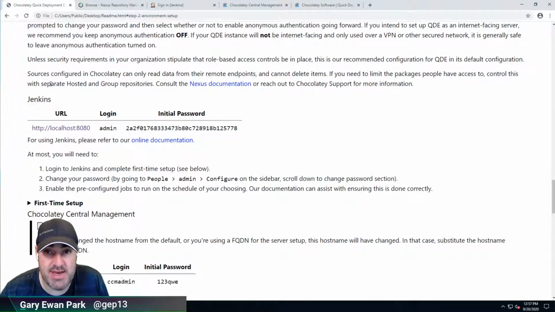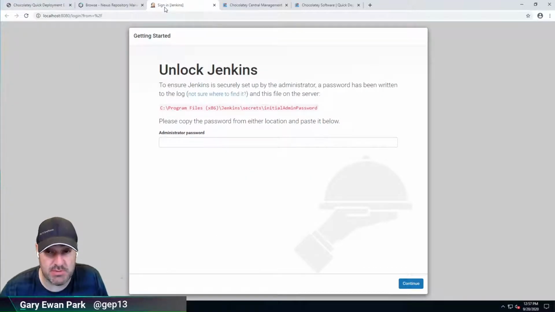So what we're going to look at next is the initial setup and configuration of Jenkins. So first of all, what is Jenkins and why do we use it? So Jenkins is a CI/CD platform. It's typically used for doing build automation. So if you're writing an application, you would use something like Jenkins for doing the build, the packaging, the publishing